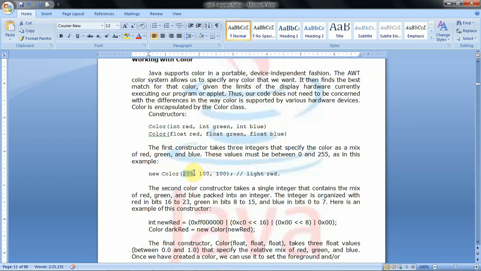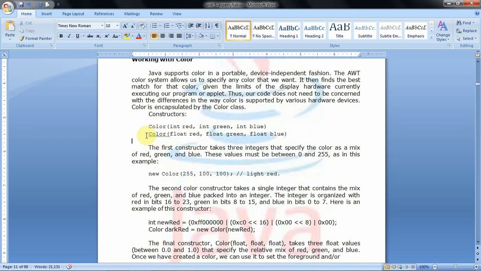That means red contains 255, green contains 100, and blue contains 100. With that, a light red color is created. Like that, by giving different contributions of red, green and blue, we can create any new color. So that is about the constructor.